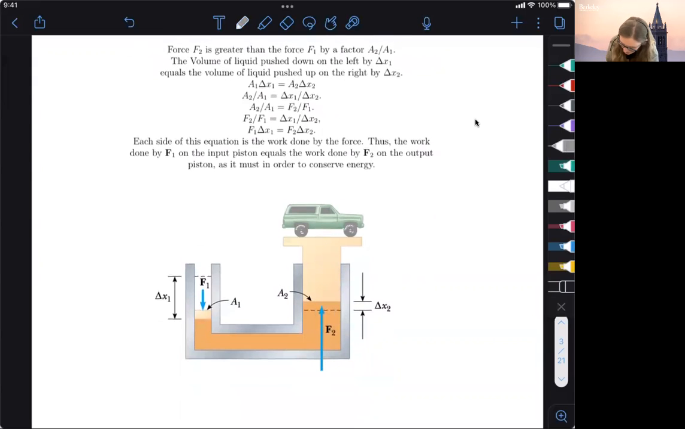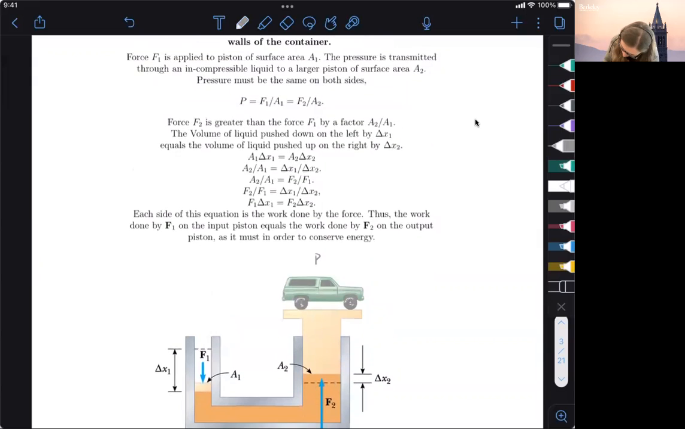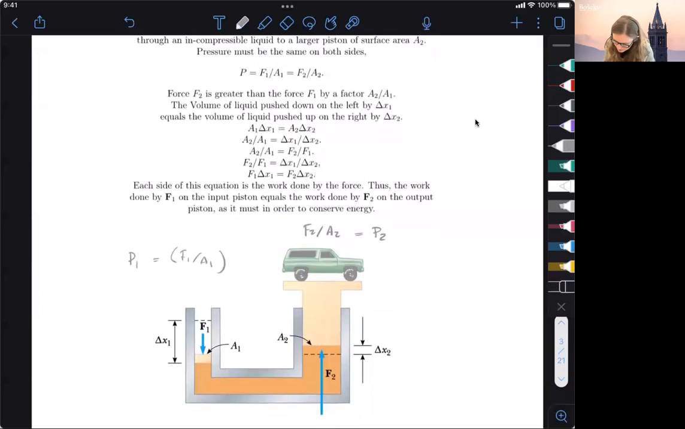If I call this the pressure on one side and the pressure on the other side, this is F2 over A2, and this is F1 over A1. This is my P1, and this is my P2. These have to be equal, okay? And then what that essentially tells me is if I have a smaller area on one side,